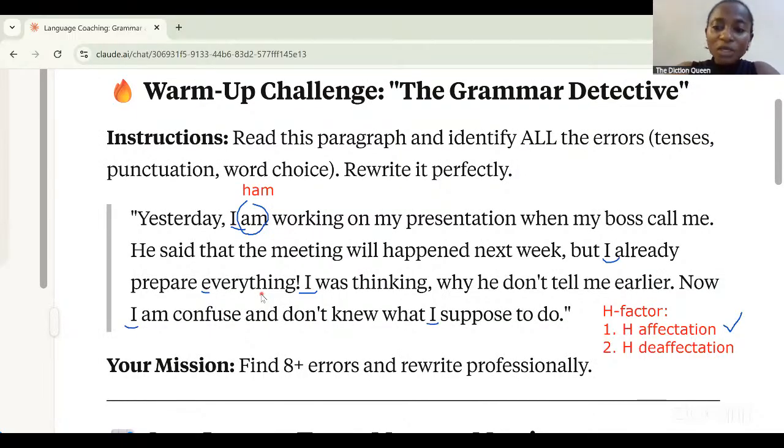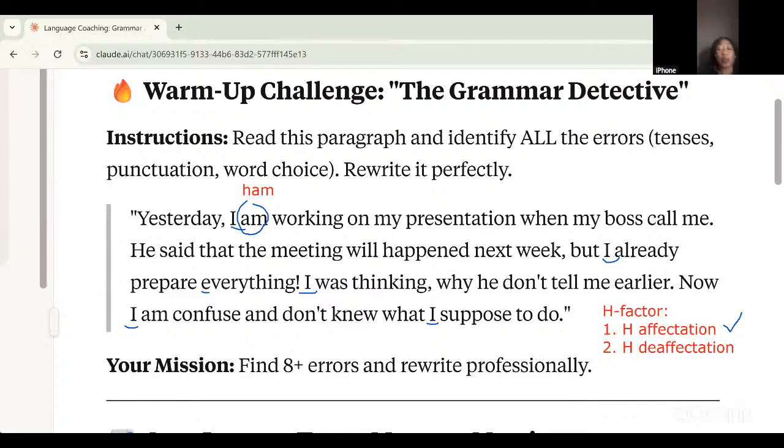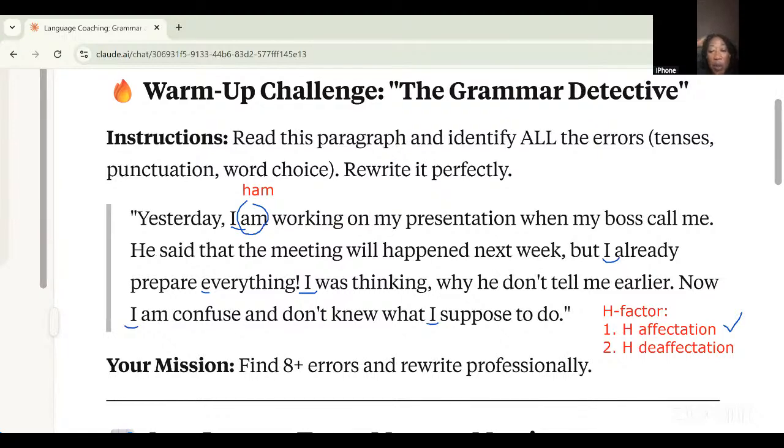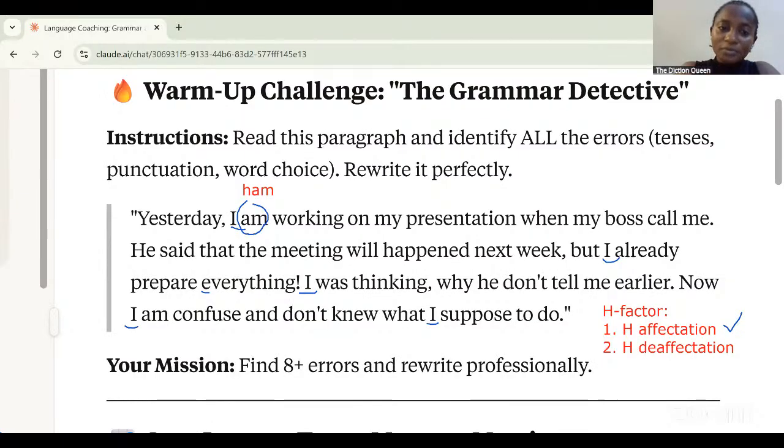While you're reading, your attention is to focus on words starting with vowels. So, I am, not I am. I am. Hold your breath. I am. I was. Just read it. Don't pay attention to the grammar this time. We are paying attention to the H factor. Yesterday, I am working on my presentation. Again, I can hear the H. Yesterday, can I start again? Yes, ma'am. Yesterday, yesterday, I,